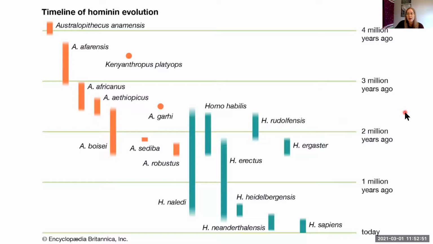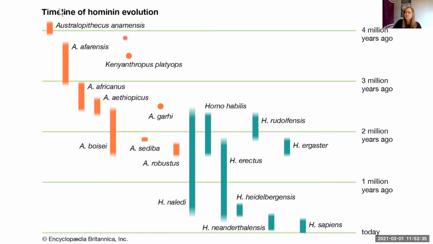Here's another way to look at the timeline of human evolution, hominin evolution. We've got 4 million years ago, so we're not going all the way back to the divergence between us and great apes, so only to our human group. And then down here we have today. The length of the bar shows you how long this organism was alive. So Australopithecus afarensis lived a nice long time. I mean, almost 1 million years, pretty impressive. Then there are ones that had shorter occurrences. So this Australopithecus species did not have a very long period of time on this earth.